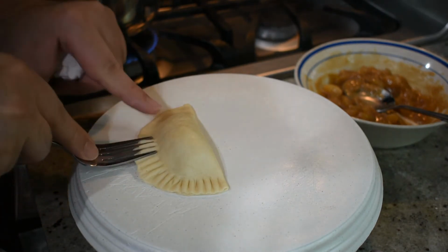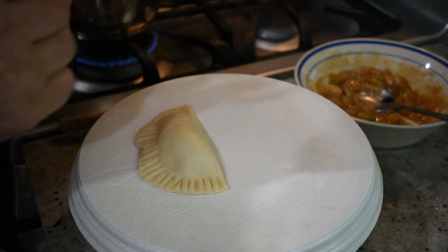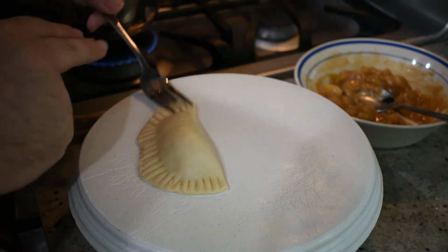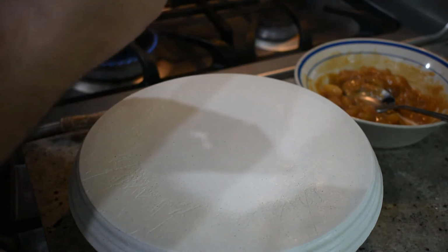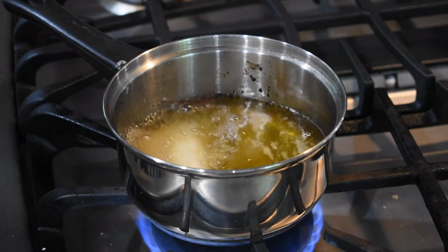In the meantime, we have some ghee heating up on the side. Now you can use canola oil, avocado oil, any oil that has a really high smoke point that you want to use for frying. We're just using ghee because it is a little bit healthier since it has a little less trans fats. Once your oil is hot enough, add in your empanadas and start frying them until they are